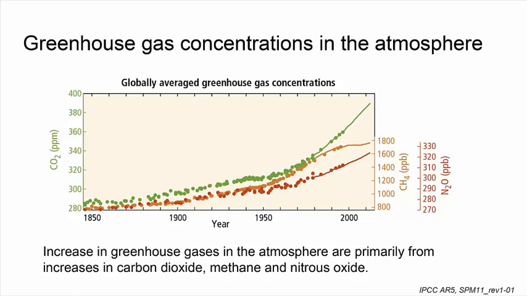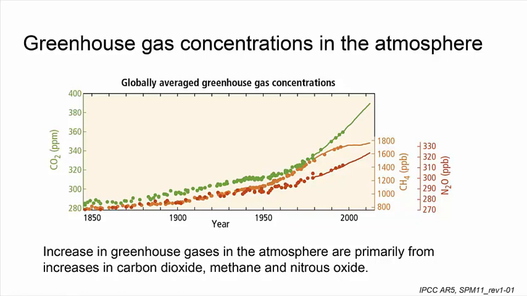You can see some lines here. These lines are when we had direct measurements, so we could directly measure these species. But these circles are what we have to rely on beforehand from ice core data. So these gases were present in the 1850s, and then you have these bubbles in ice core data. And if you drill further down into the ice, you can go further back in history, and you can get observations from back here that are estimated from the ice core data.